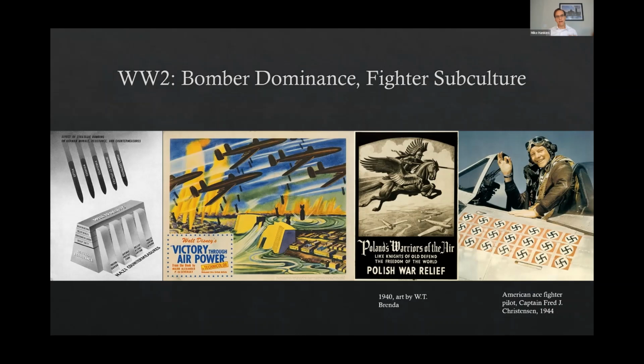And you can see this battle playing out at Maxwell, where these instructors are teaching the next generation of airmen that are coming up how to do this. And the fighter cadre down there, led by Claire Chennault, basically gets pushed out of the school, and these bomber guys like Lawrence Kuter and some others end up running the show. And so this idea of bomber dominance in the Army Air Forces,